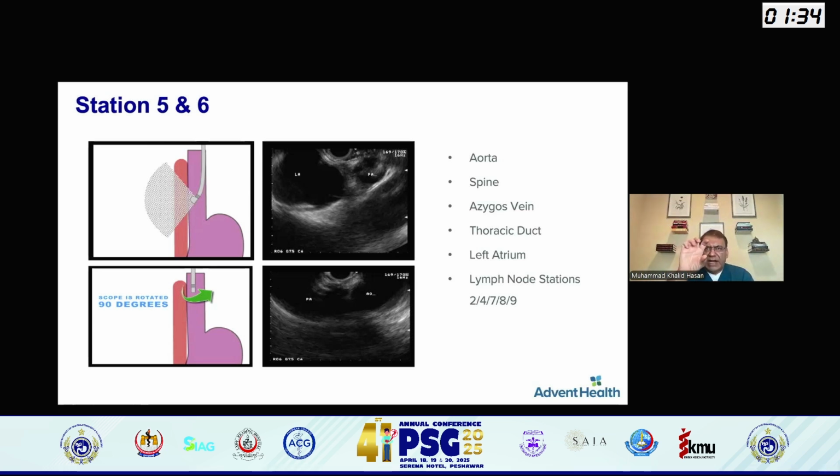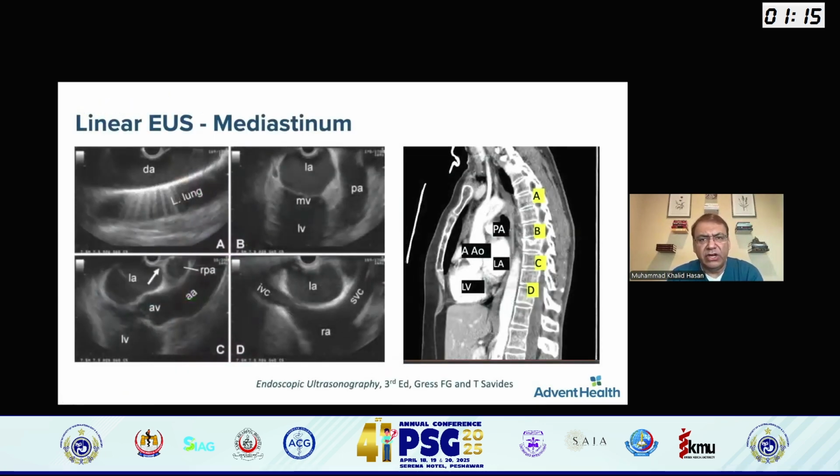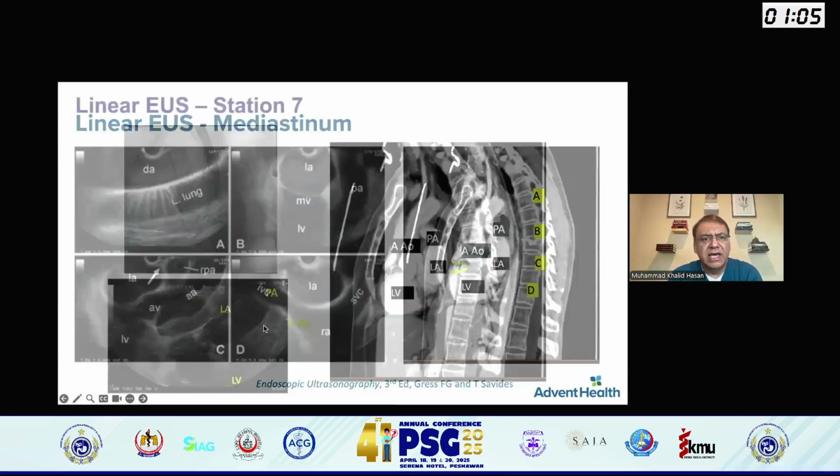Once you find that, pull the scope back and bring it to the aortic arch, big wheel towards you. Now rotate the scope a little bit to the right so the wheels are facing the patient, and that would take you to your aortopulmonary artery or AP window, what we call the EUS AP window. These are the different positions. You can see in the mediastinum or in the esophagus, based on your scope position, what you are seeing: A, B, C, and D.